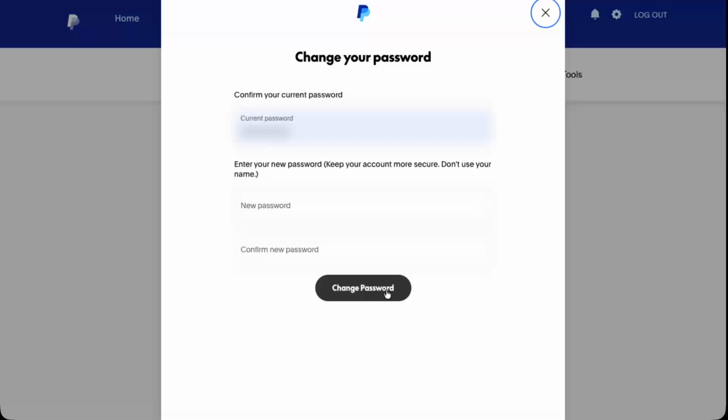When all three fields are filled out correctly, look for the button that says Change Password and click it. PayPal will process the request, and if everything matches, your password will be updated. From this point on,